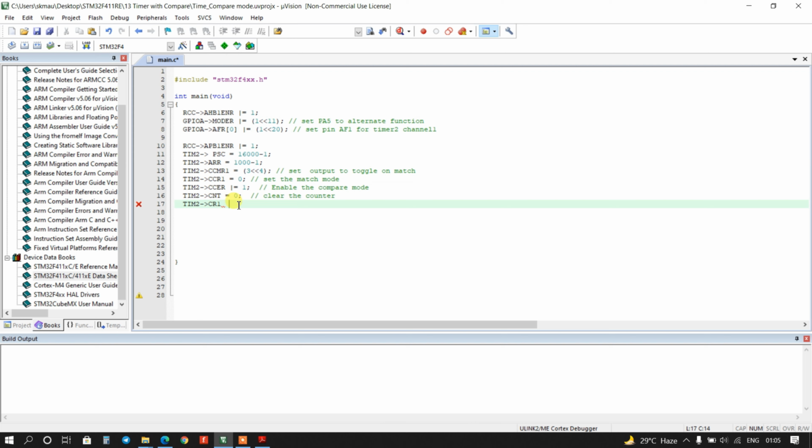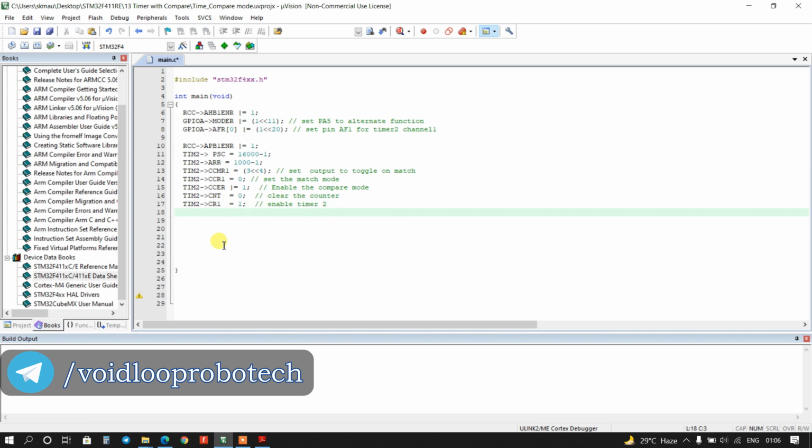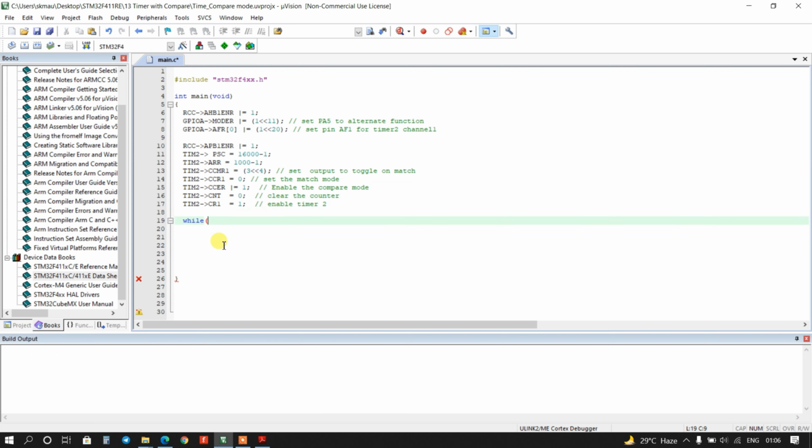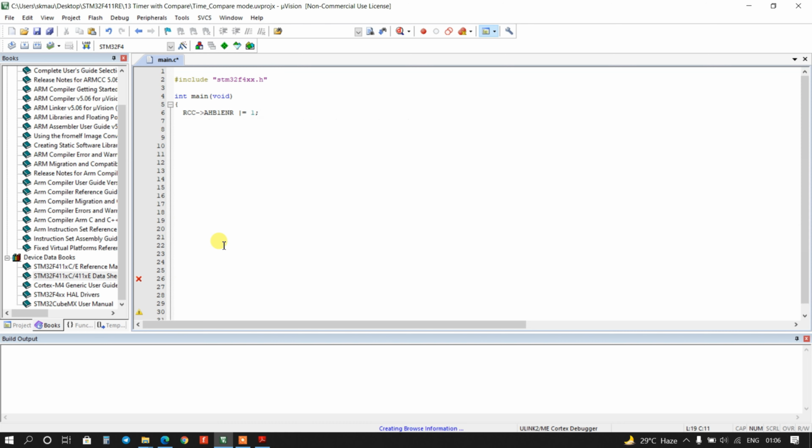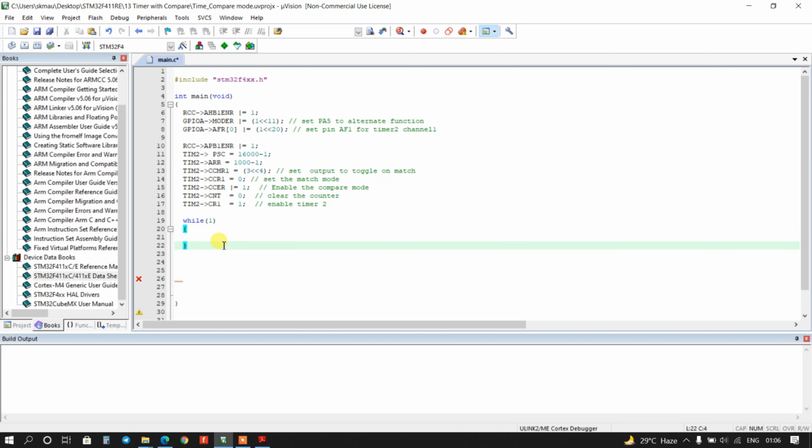Okay, and it will be 1. I will use just a while loop, and it will be infinite. I will pass nothing here. I think now the code is ready.